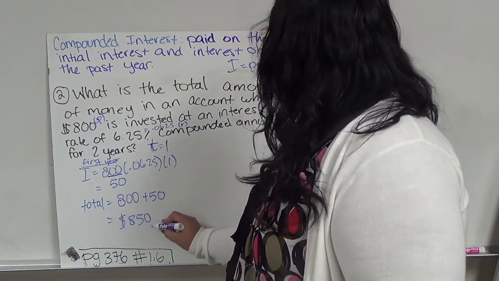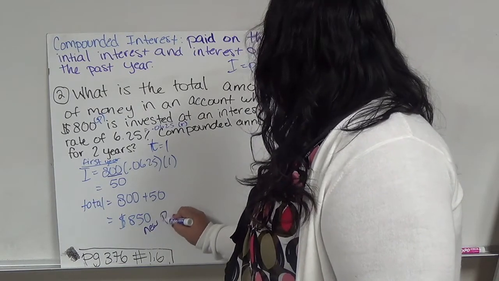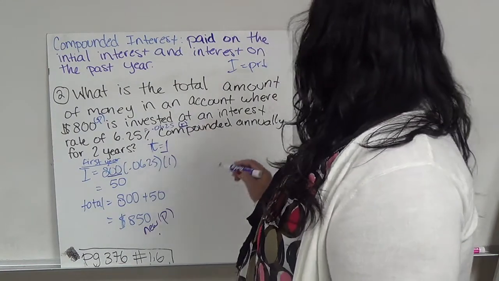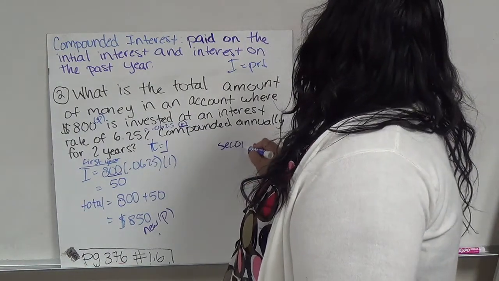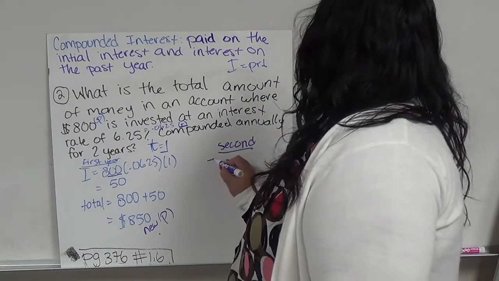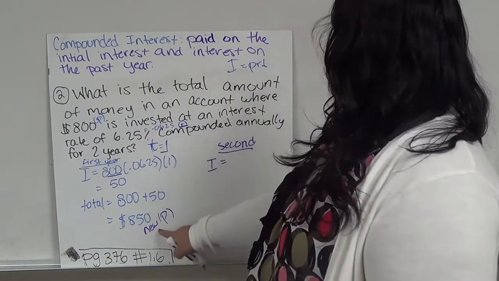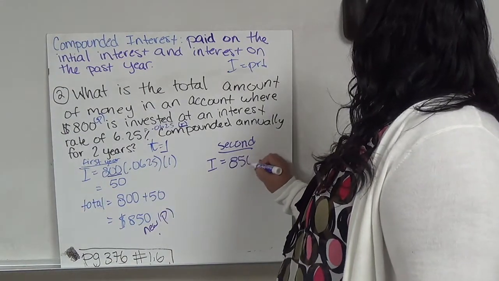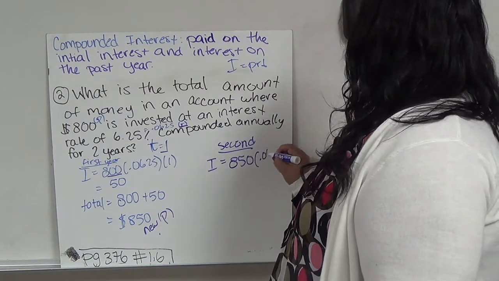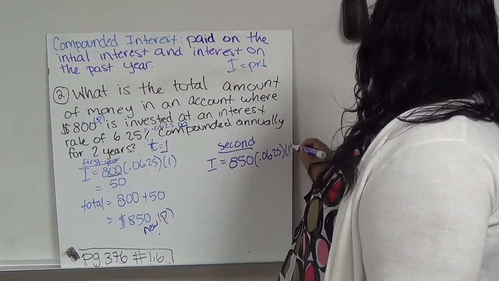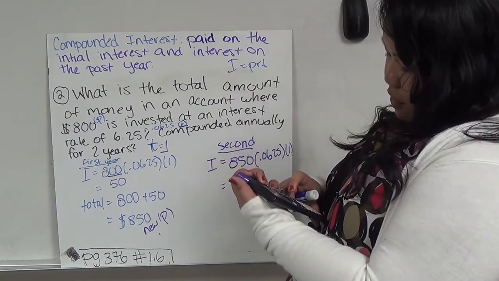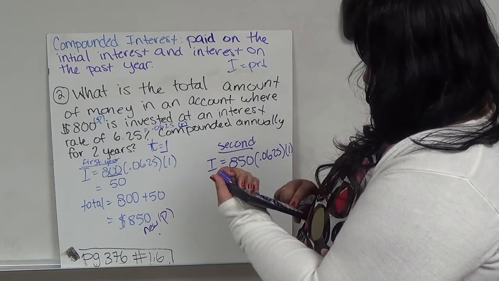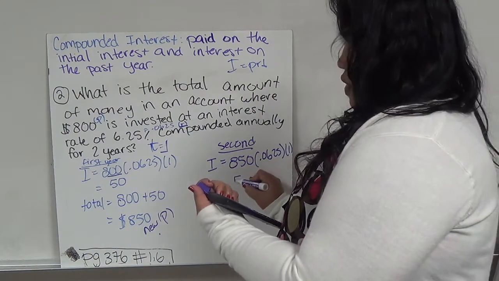So this becomes my new P. I no longer need to use 800, it becomes my new P. This is still my R, and this is still my time. So my second year, I make even more money. So my I equals P, which is not 800 anymore, it's 850, times my rate, which stays the same, times 1, right? So I do 850 times 0.0625, which is